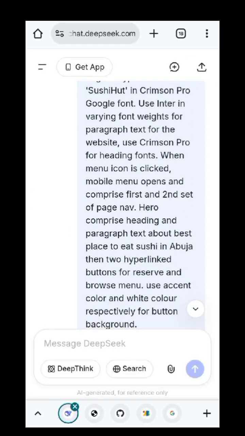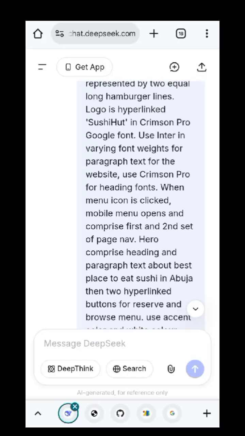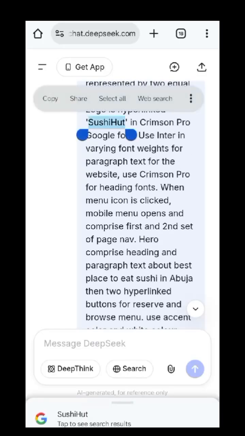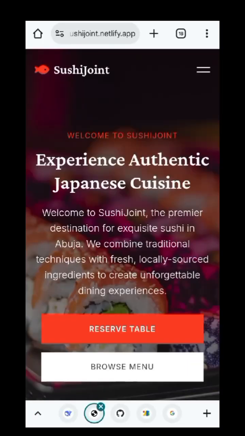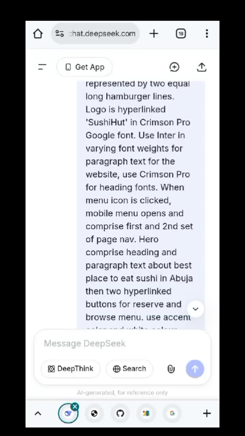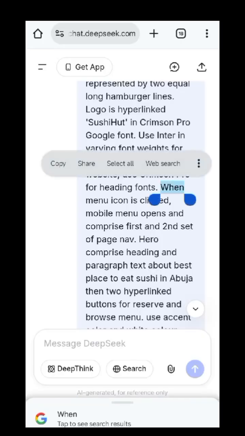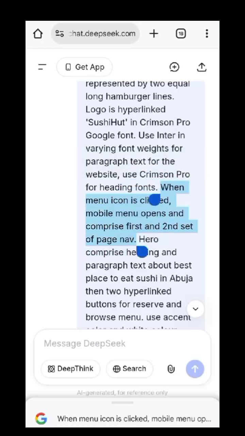So I've told it the font to use on my logo. You also see here that I only mentioned the logo to be Sushi Hut. That is the text. There is no mention of this fish icon yet. We'll get there. Okay. When menu icon is clicked, mobile menu opens and comprises the first set